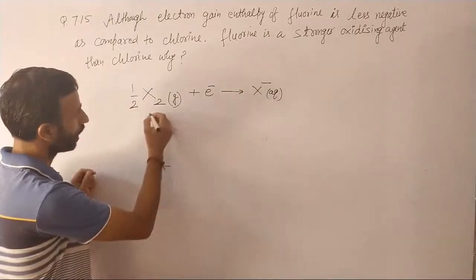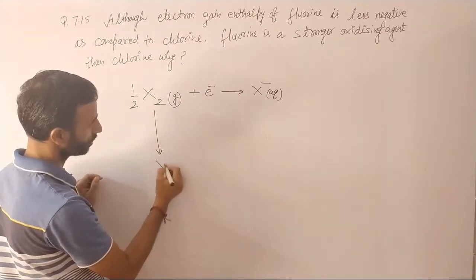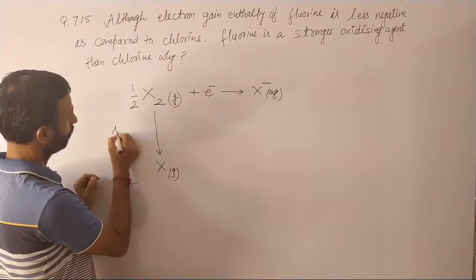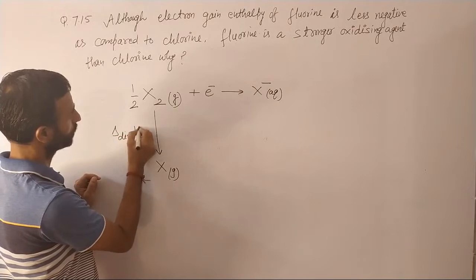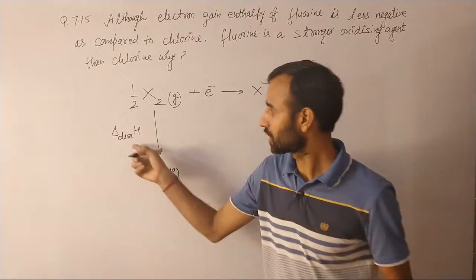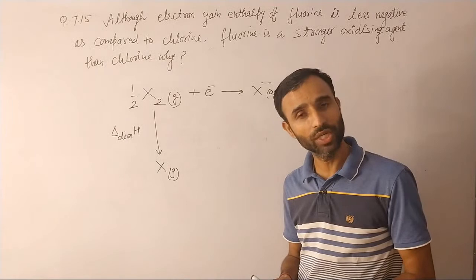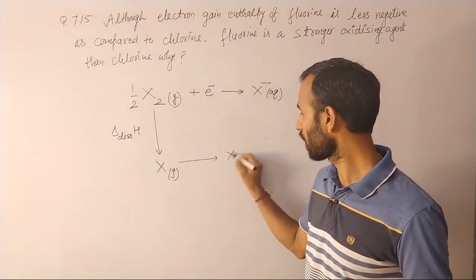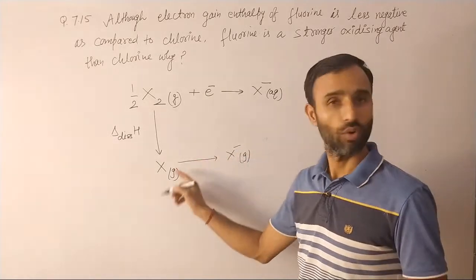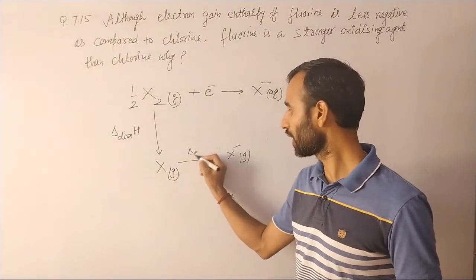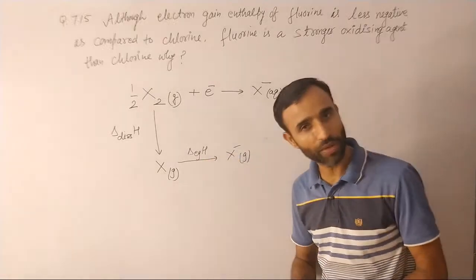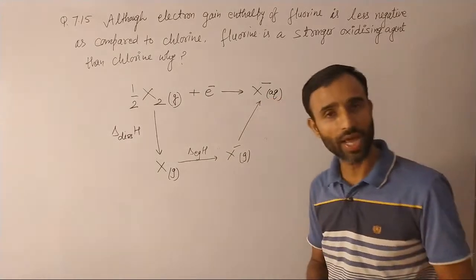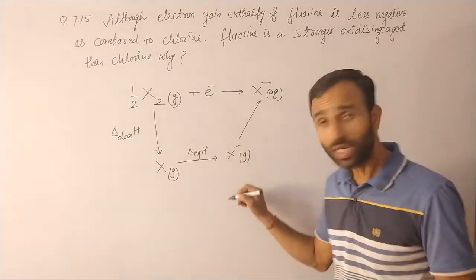So half X2 is first converted into X gas. What is required? Bond dissociation enthalpy. Now X gas is converted into X negative gas. Energy involved is electron gain enthalpy, and the last one, X negative to X negative aqueous, means X negative is surrounded